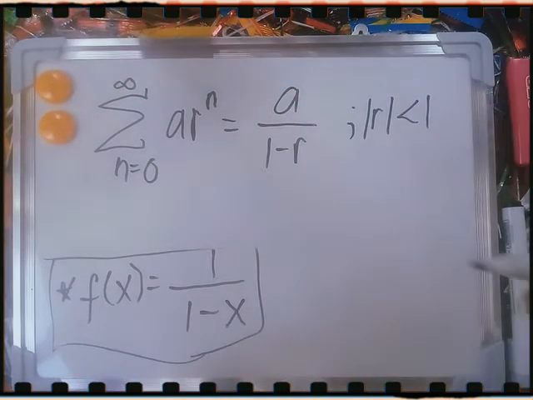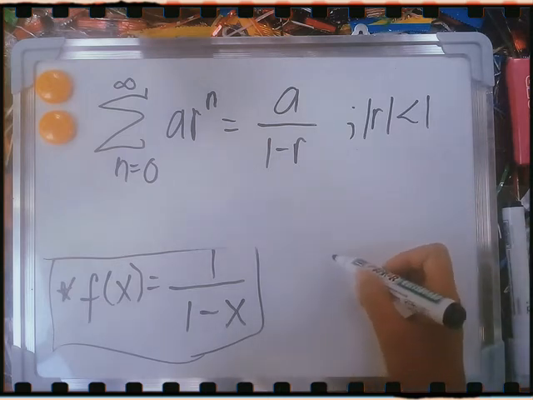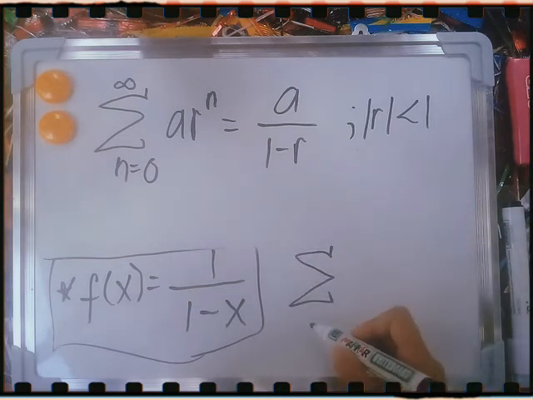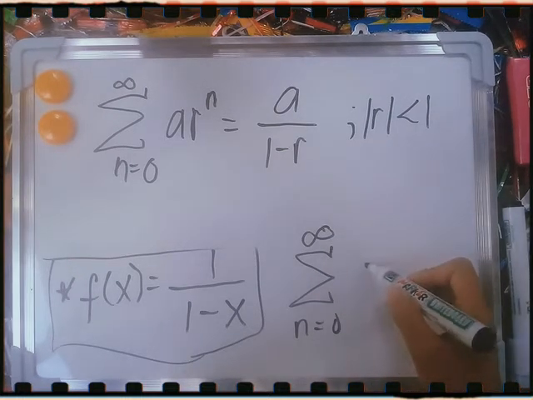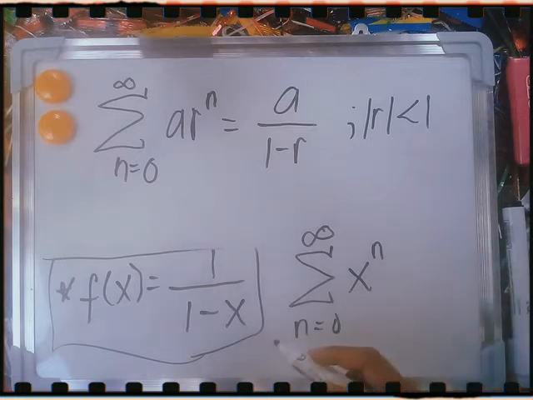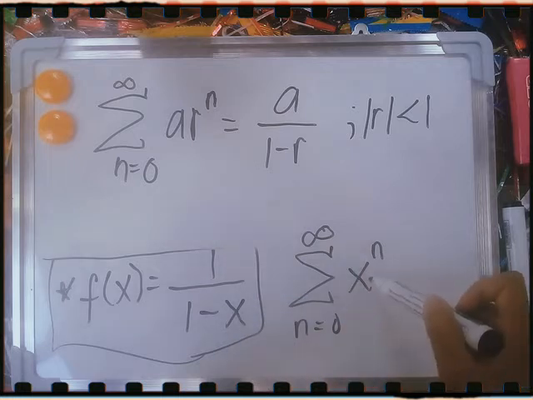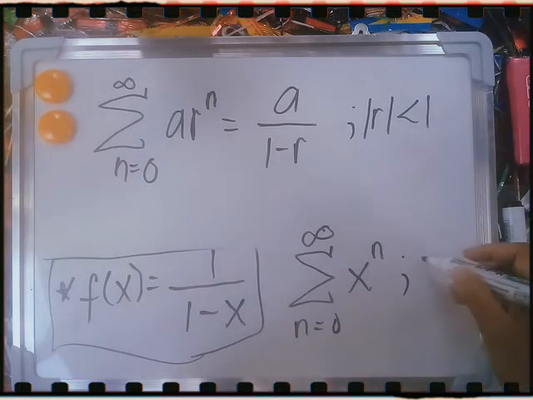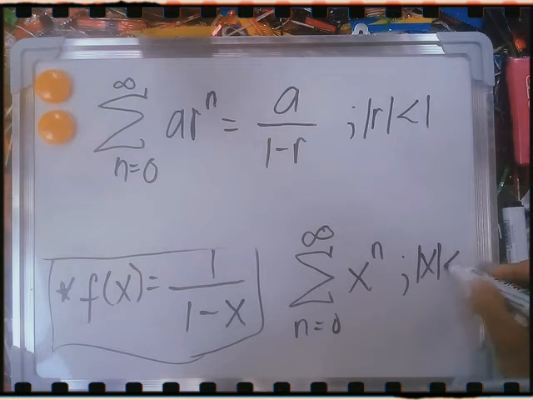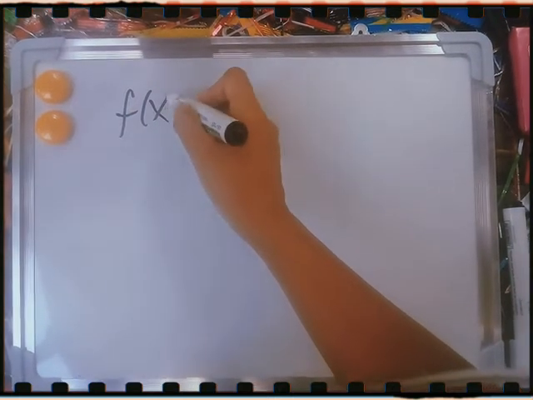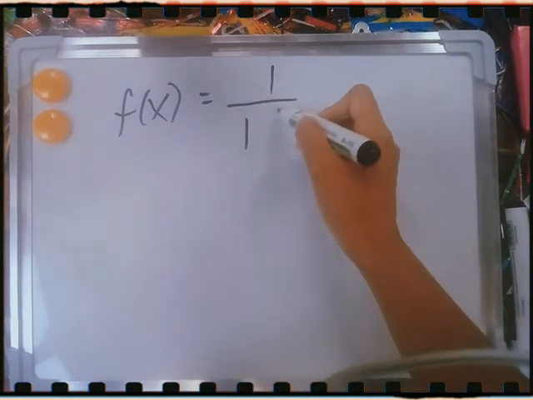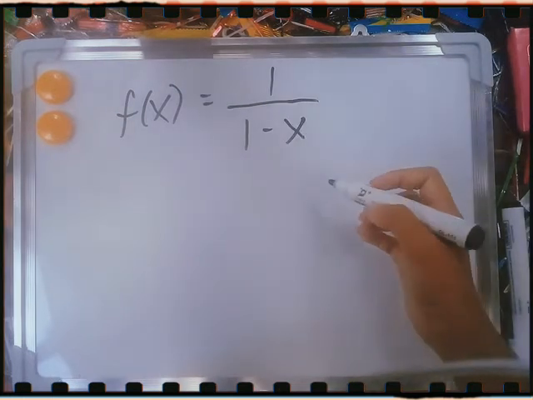And then, sa power series naman, we have the summation of n is equal to 0 to infinity of x raised to n. Since ang x natin is, kinuha lang natin yung series, x and then raised to n, where the absolute value of x is less than 1. For that series to converge, we are able to represent the function 1 over 1 minus x by the power series